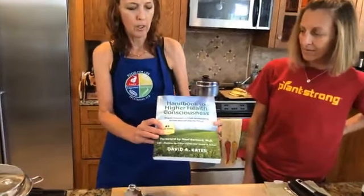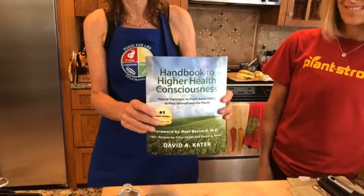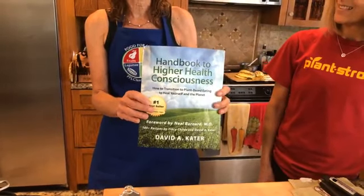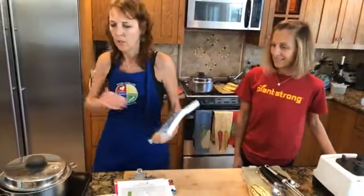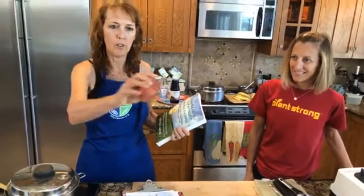So this is the book that I contributed to, which is Handbook to Higher Health Consciousness. It's got a chili recipe, not this one because this is super simple, but another one. And we also have a loaded sweet potato recipe in here too, which is great for fall. And these are ready to go too. These are just wonderful